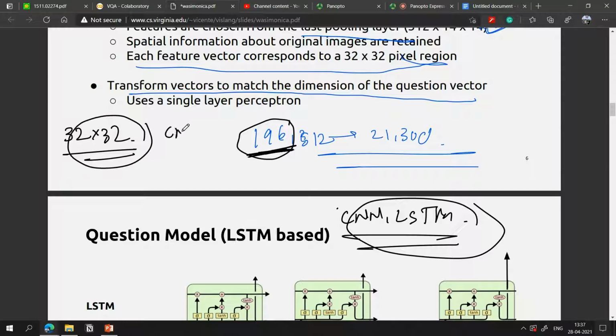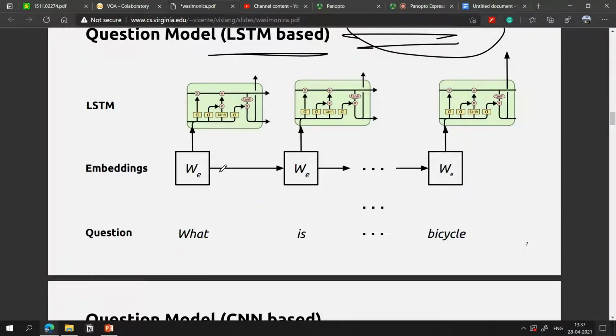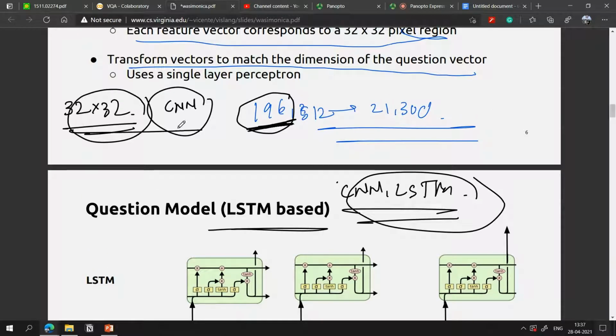By applying CNN. Similarly, in the case of LSTM, we would apply LSTM to the question vector, and we would get some shape which could be considered equivalent to this.